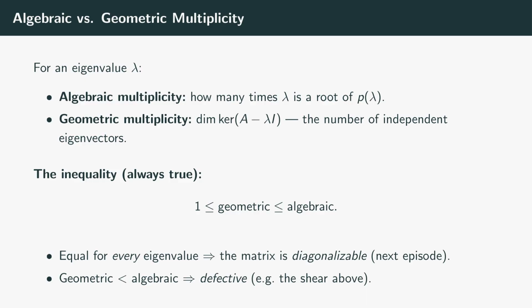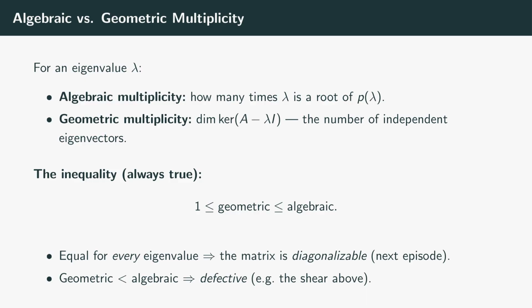There is always a relationship between them. The geometric multiplicity is at least 1, and at most the algebraic multiplicity. It can never exceed it. When the two are equal for every eigenvalue, the matrix is especially well behaved. It is diagonalizable, which is the subject of next episode, and it means we can find a full basis of